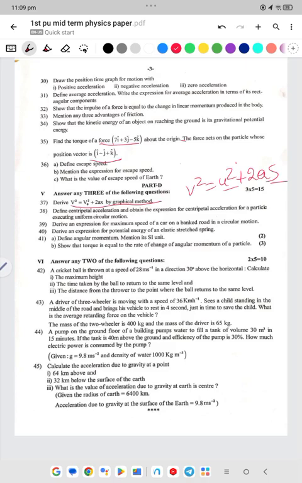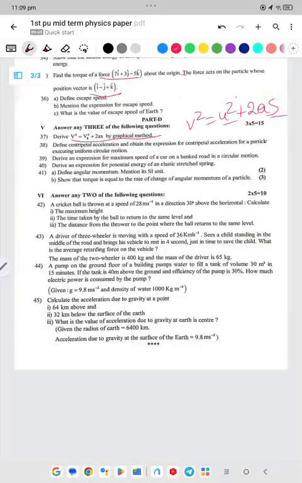Next, you have to define the centripetal acceleration and obtain the expression of centripetal acceleration of a particle executing circular motion. You have to explain this derivation. Deriving this, you will get 5 marks along with the diagram. Next, derive the expression for maximum speed of a car banking on a road in circular motion. The final equation is Vmax is equal to square root of